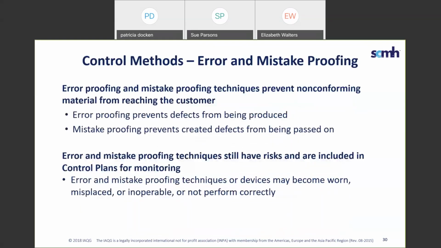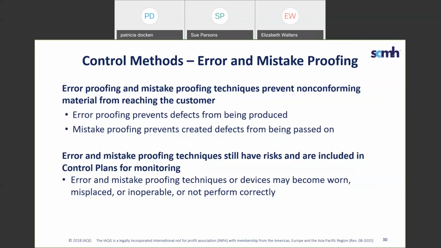Let's see, next slide. We want to pause and highlight error and mistake proofing. So error proofing is the preventative measures that are done up front to prevent the defects from even being produced. And we mentioned some of those proactive controls earlier, like setup fixtures that prevent a part from being oriented incorrectly during manufacturing, maybe machine controls or automatic lockouts on machines that prevent an operation from proceeding beyond acceptable limits. Could be things like alarms or lights and so forth.